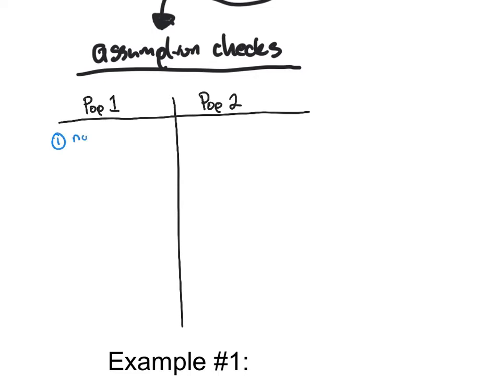We need to make sure that n times p is greater than or equal to 10. And we're talking about the sample from the first population and the p hat from the first population. N1 times 1 minus p hat 1 from the first population, make sure it's greater than or equal to 10. Well, if I'm in the second population, I'm going to take the sample from the second population, the p hat from the second population, make sure that's greater than or equal to 10. And we're going to need to do the same thing, 1 minus p hat greater than or equal to 10,